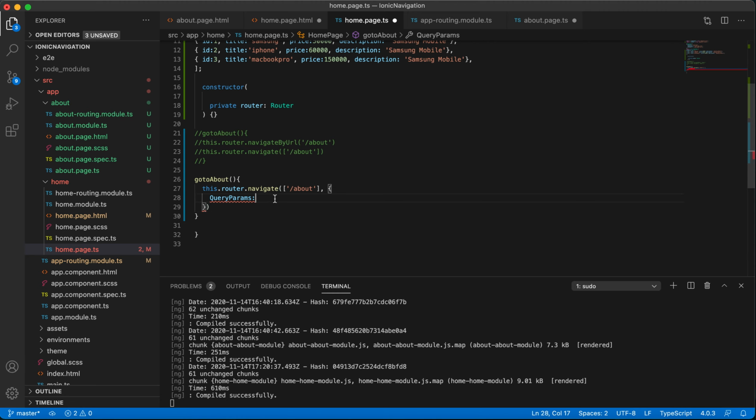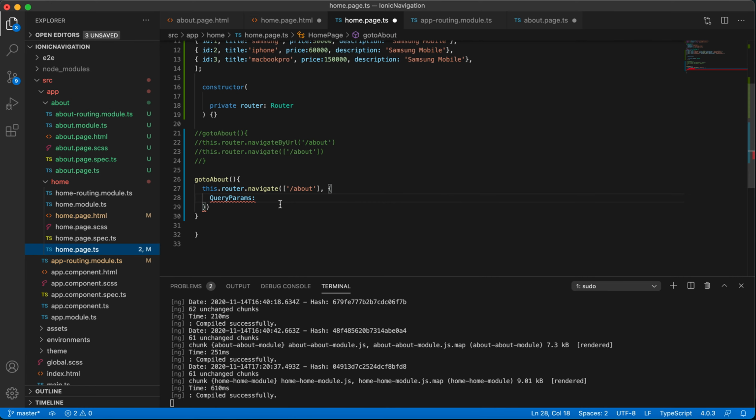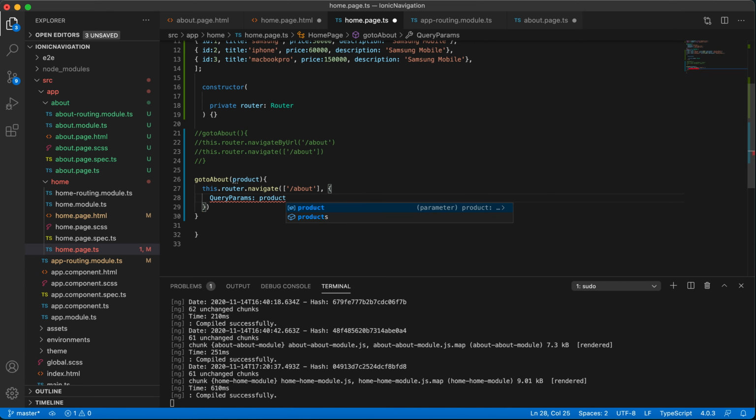Here, whatever we are getting from the ID, like from this go to about object, we need to mention here. It's user defined, so we mention it as product. So this is how it works.